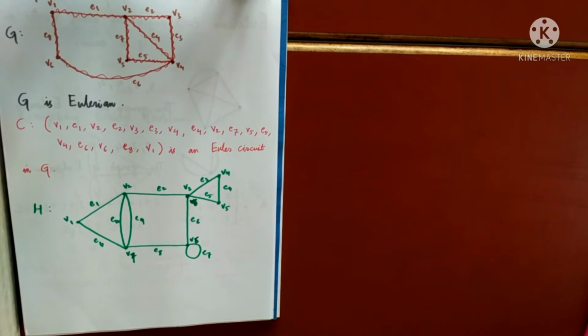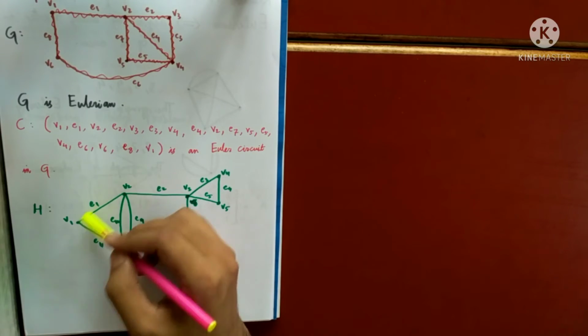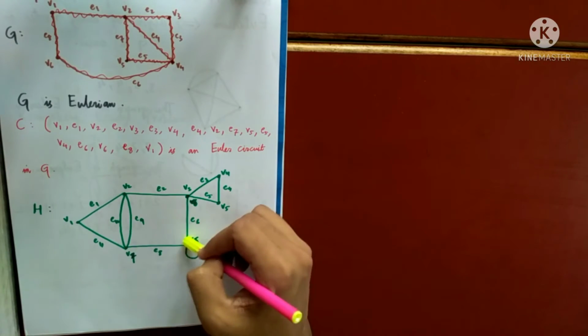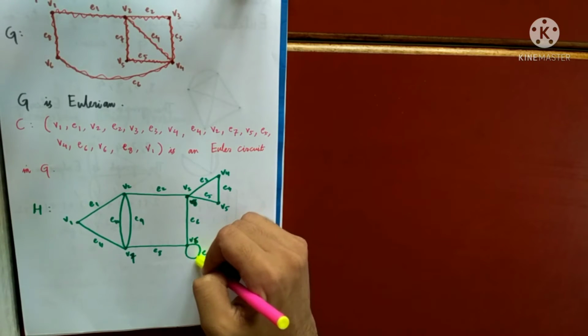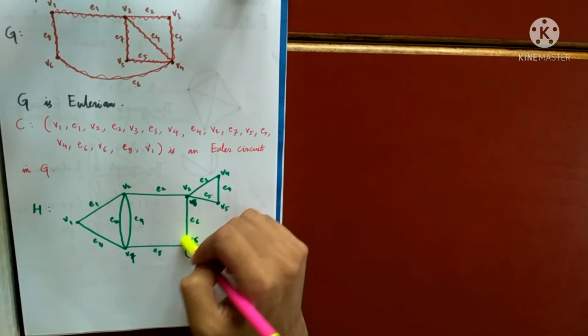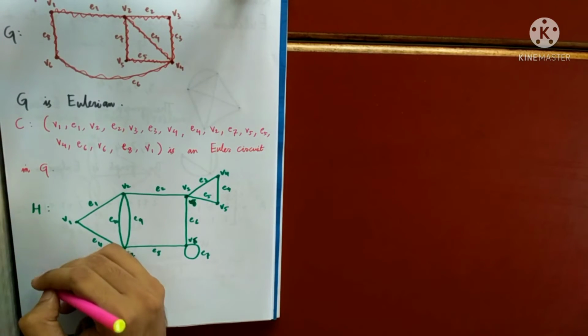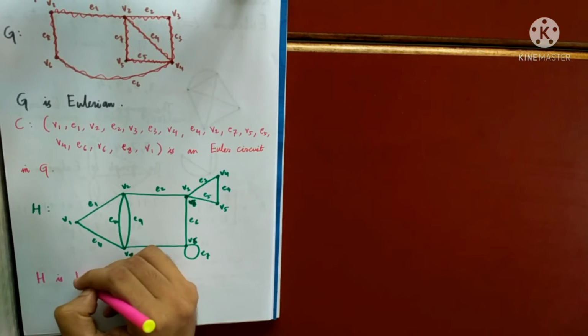Okay. So the question is, is this graph H Eulerian? You answer me this very quickly. Is this graph H Eulerian or not? So the graph H is Eulerian. The fact again follows from the theorem that we have done in the last class. The degree of every vertex is an even number. And you remember, a loop always contributes 2 to the degree. So this is also even. Due to that fact, H is Eulerian.